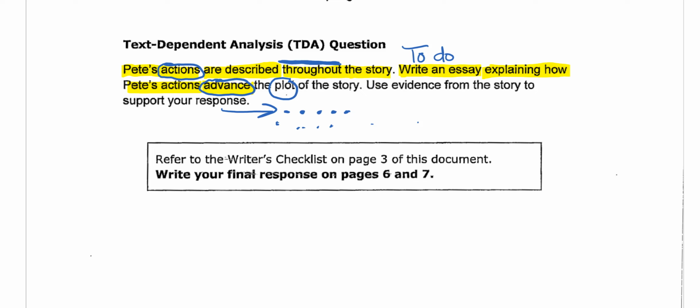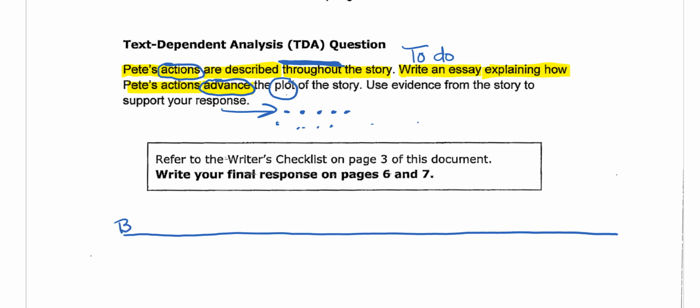So I know when I set up to read the story or to work with this passage that because of this throughout, I want to have my timeline, my passage timeline, and I want to put my beginning and my middle and my end, because that will help me as I take notes. And then as I'm reading, because it says Pete's actions are described, and it says to write an essay explaining how Pete's actions, so I have to talk about his actions. So I can say his action,